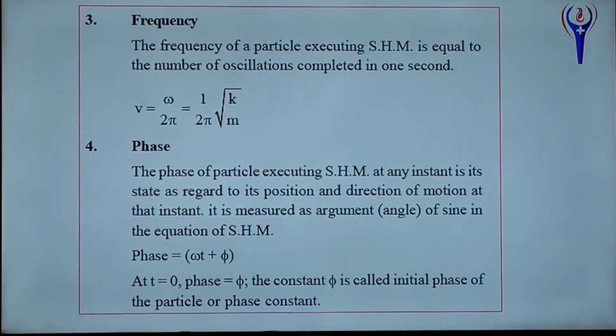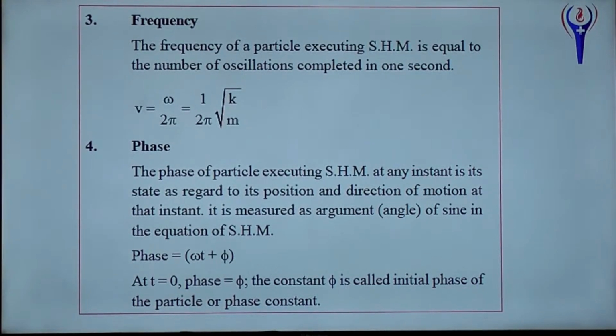Next, frequency. Number of oscillations completed in 1 second. That is called frequency. What is frequency? It is the number of oscillations executing simple harmonic motion in 1 second. That is called frequency. And its formula is